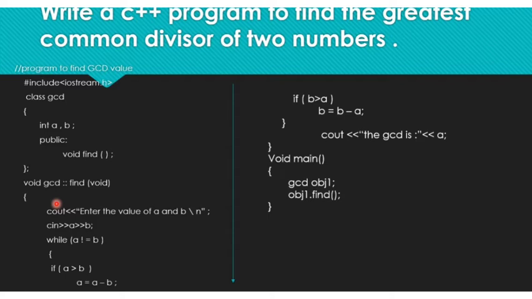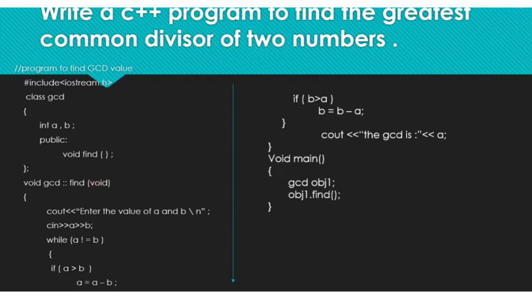Okay, so member functions defined outside the class, the syntax is return type, class name, scope resolution operator, function name, and the parameters. Okay, so the main concept behind finding the greatest common divisor is, if there are two